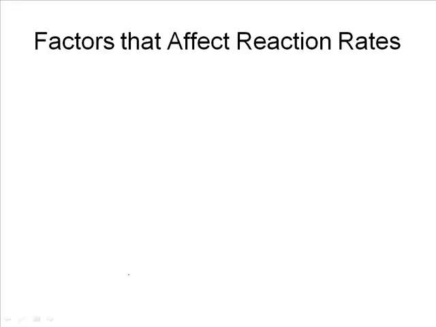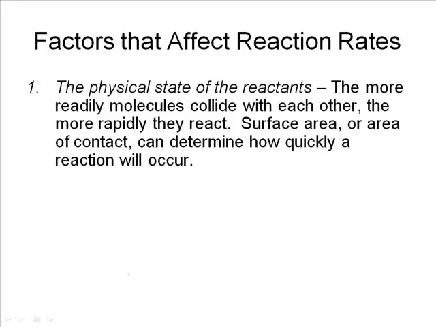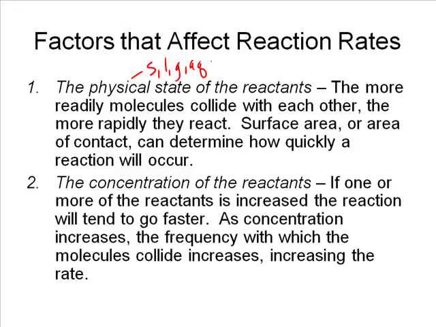So first of all, let's talk about some of the things that can affect how quickly or slowly a reaction happens. One of them is the physical state. By that, I mean solid, liquid, or gas, or if it's dissolved in water, aqueous. The more readily that things can react with each other, the faster they react. So the state that they're in will certainly affect that. Another thing, if it is dissolved in water, is the concentration. The greater the concentration, the faster the reaction will tend to go. As concentration increases, the frequency with which the molecules collide also increases, which allows the rate